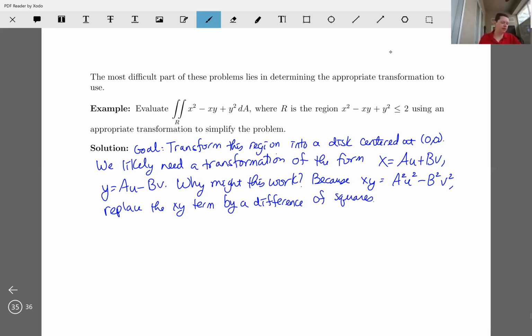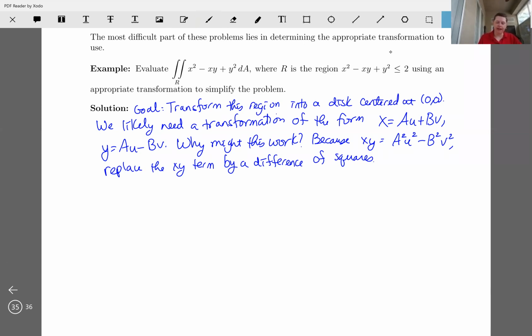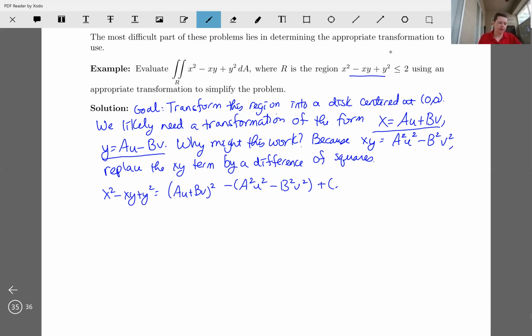All right. So let's substitute x equals a times u plus b times v and y equals a times u minus b times v into the left-hand side of the equation. So if I do that, x squared minus xy plus y squared is going to become a times u plus b times v squared minus, well, I already figured this one out, a squared u squared minus b squared v squared plus a times u minus b times v quantity squared, which gives us a squared u squared plus